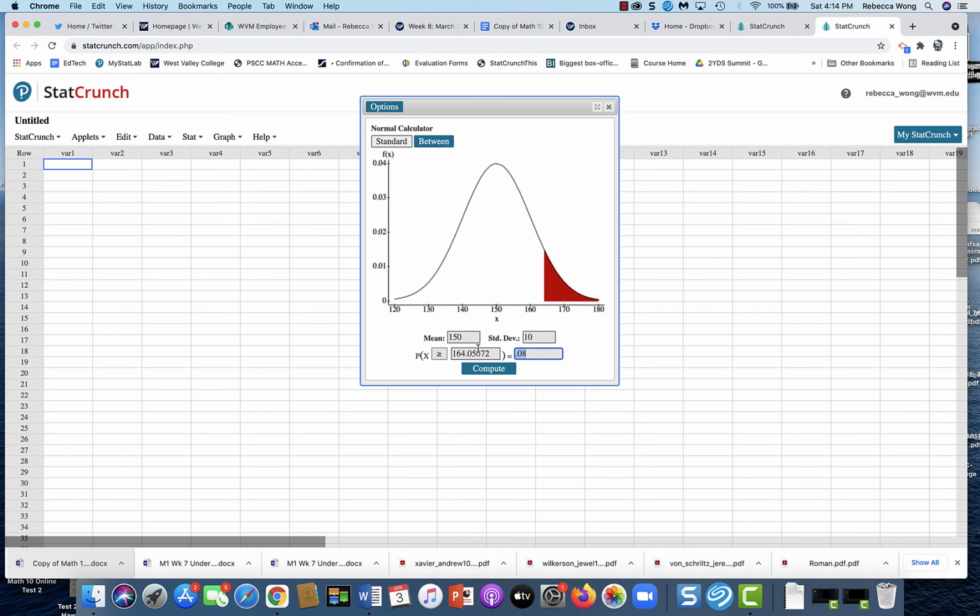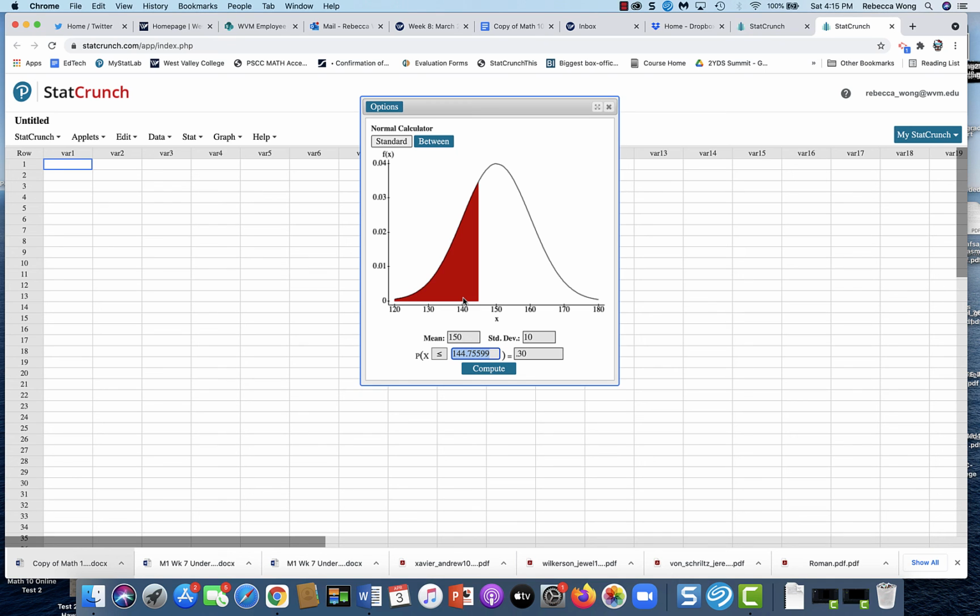For the other, the area was 30%, the 30th percentile. Now, if I just enter in 30 into my area, you'll see that this is not the 30th percentile. This is the top 30% of dogs. The 30th percentile is the bottom 30%. Okay, so now we have to do exactly what we did before, change the sign, and make sure we readjust this to 30. And now this is the 30th percentile. The 30th percentile is 144.8 pounds. 30% of dogs will be lighter than that value. So the answer for that one would be